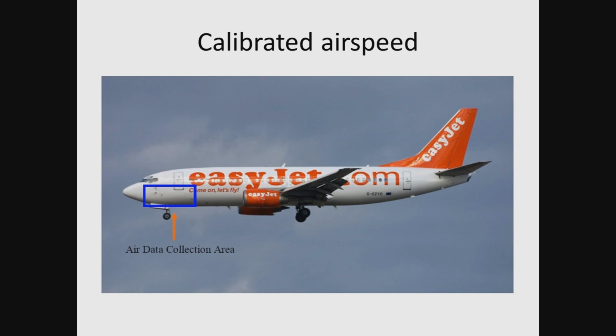Beyond that, we have something called the calibrated airspeed. Now, on the screen in front of you, you can see a picture of an EasyJet 737, and you can see that there is a blue box circled, if you will, at the front of the aircraft. This is the area called the air data collection area, and this is the portion of the aircraft that measures all the airspeed data for this particular type of